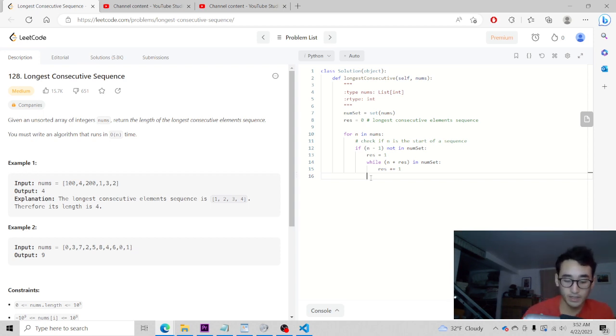We can say that the result is going to be the maximum of the length. No, this is not res. This is length.